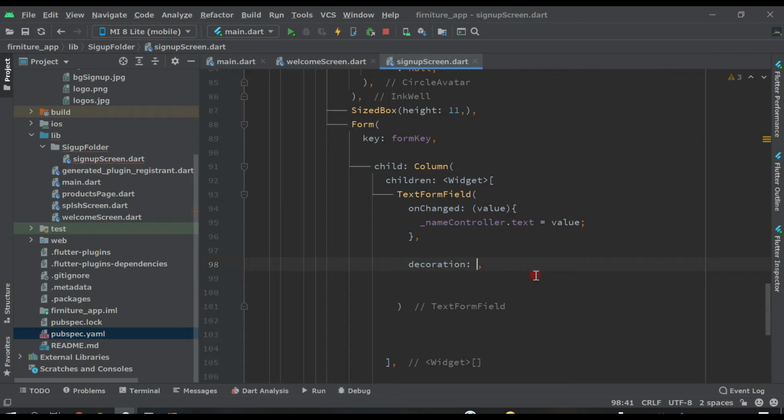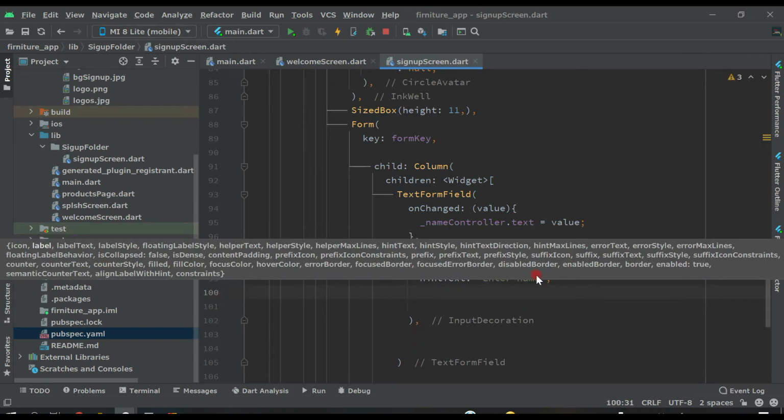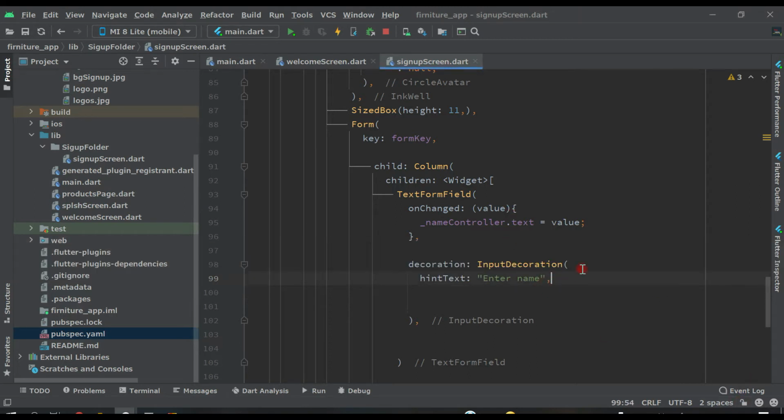So write here decoration, input decoration, and inside this we will write something like hint text. Hint text will be enter name, and label text will be name, and after this